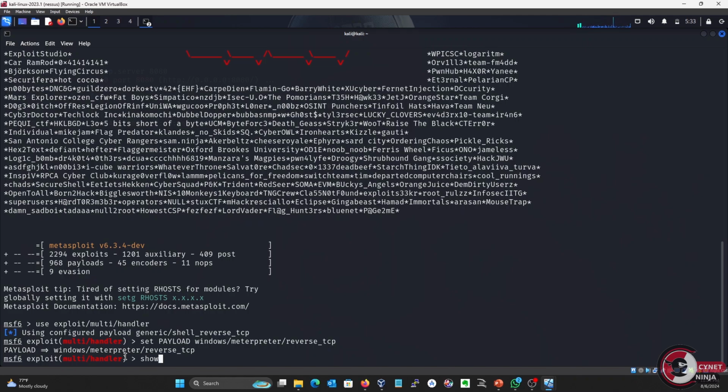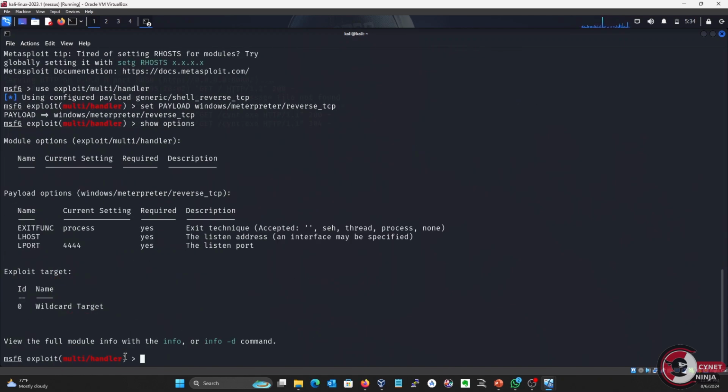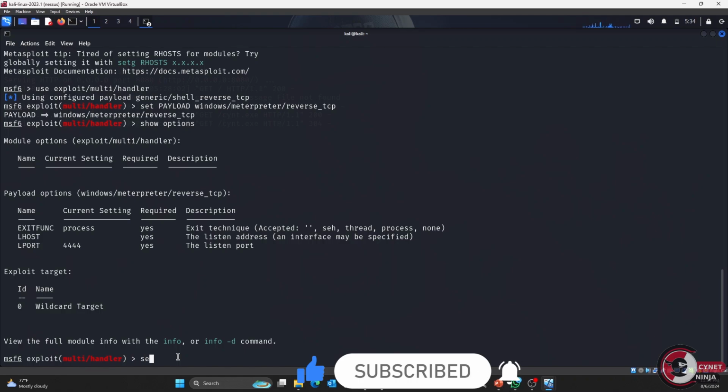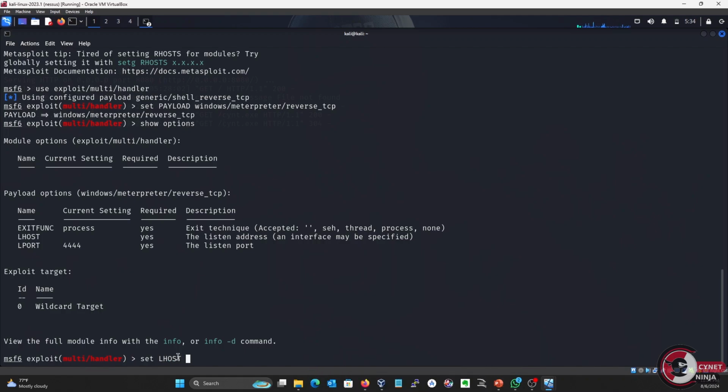So you go ahead and type show options. This is going to display the necessary input that you're going to do. If you take a look at what you can see, we have LHOST and LPORT. So you are going to set the LHOST to your local IP address, right? And then the LPORT to the port number that you used in creating the payload, right? So you go ahead and type set LHOST, right? Then followed by the IP address